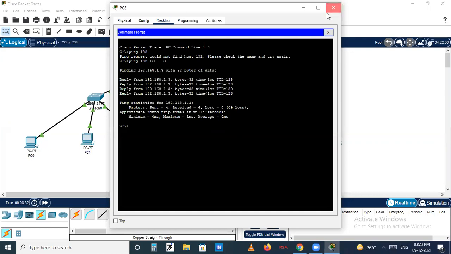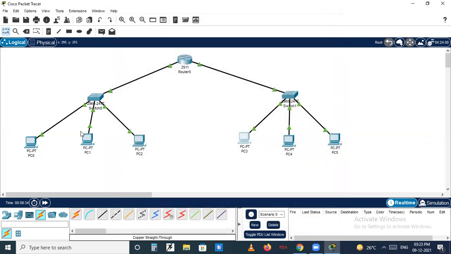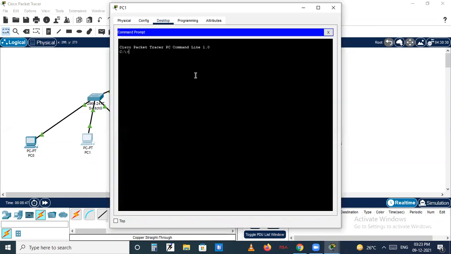So it means it is possible. So let me start communication from this PC1 to PC5 or from different lines. Okay, am I right? Yes, sir. PC1 to PC5 or PC4. So I'm clicking here, PC1. I'm giving the IP address of PC4. Ping 192.168.1.2 or 1.3, no problem. Anything, since we are taking this PC from the second network.